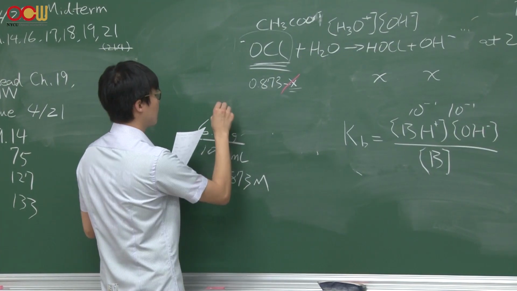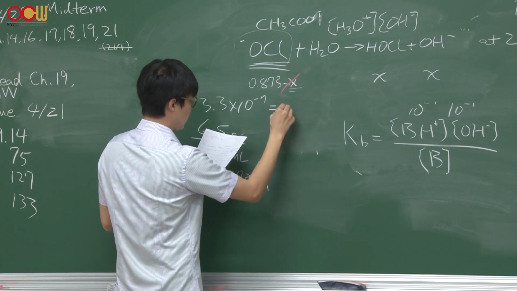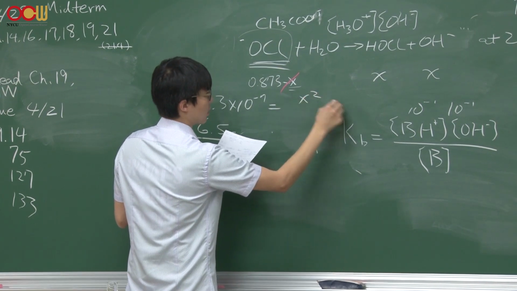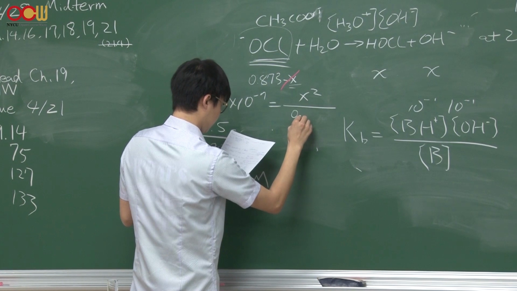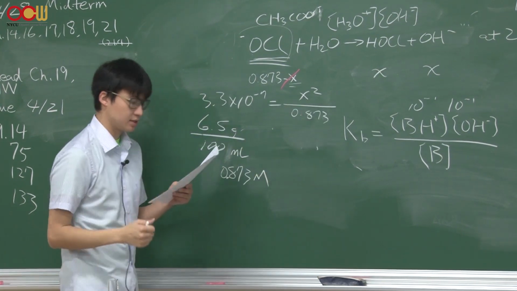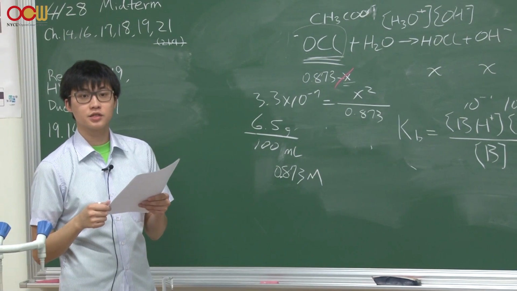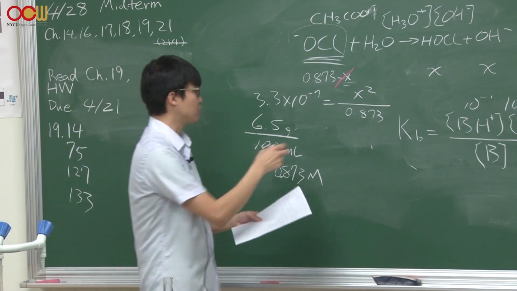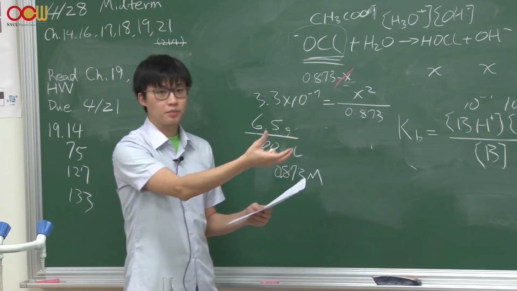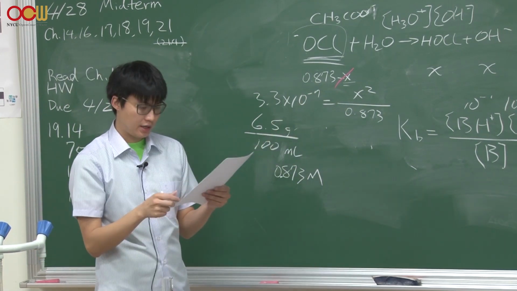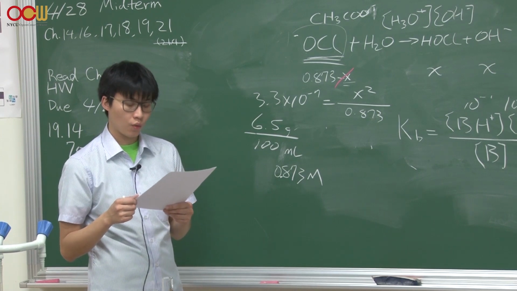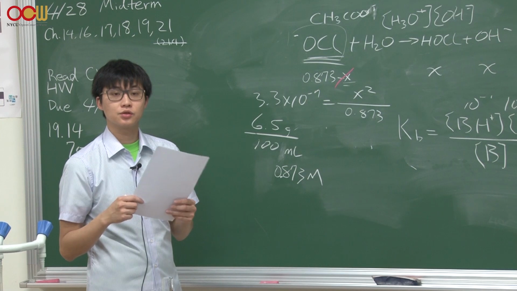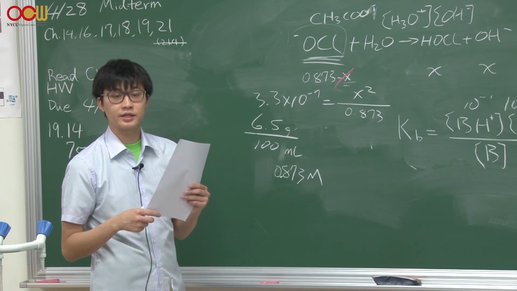And we can set up our Kb equal to X squared, right, divided by the concentration, and then we solve for X. This X is likely to be a very small number. Then once you get the X, you get the pOH, you can calculate pH. Okay, so a good way to work on these problems is to actually work through the example problem